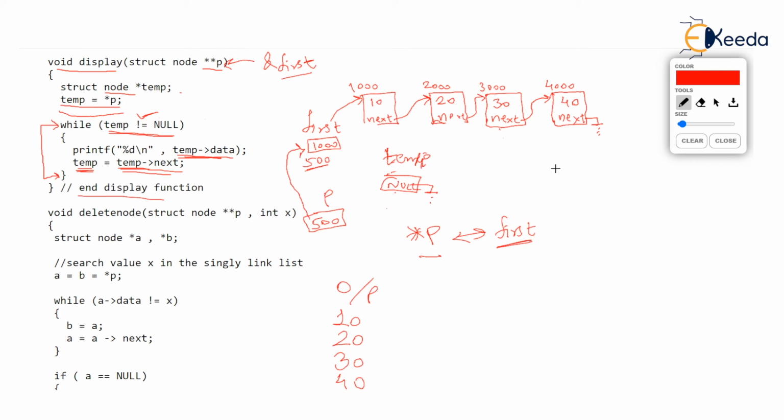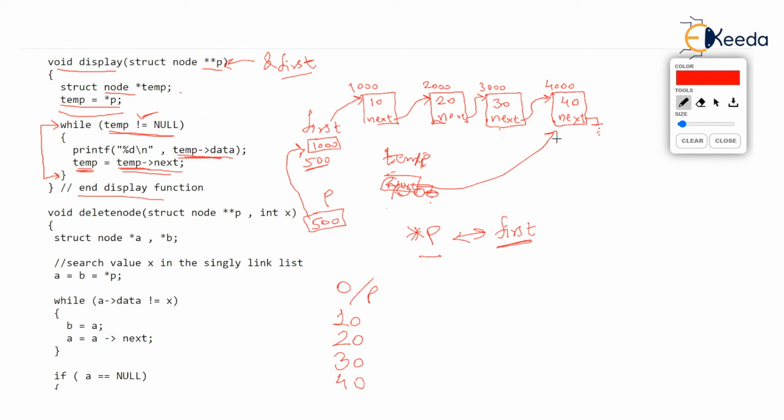That is how to print a singly linked list in reverse order. But imagine somehow we reach this last node. That means somehow we say temp, you should be 4000. And we print 40 also.